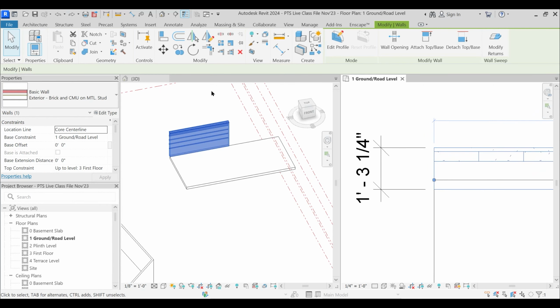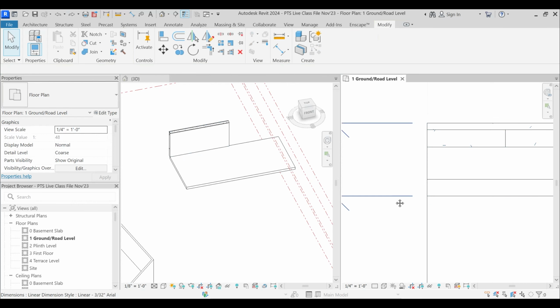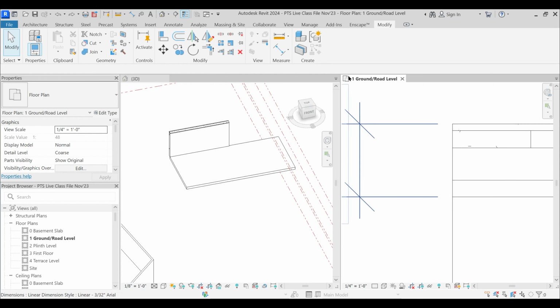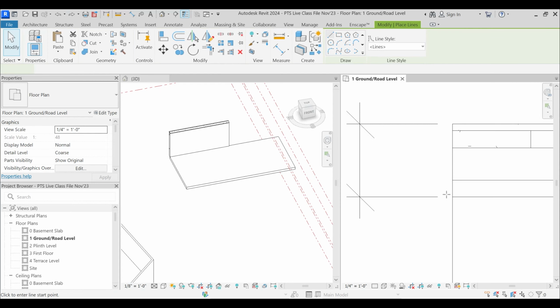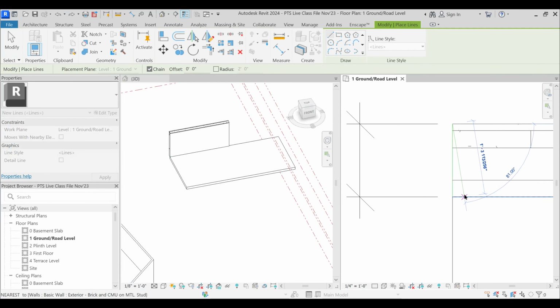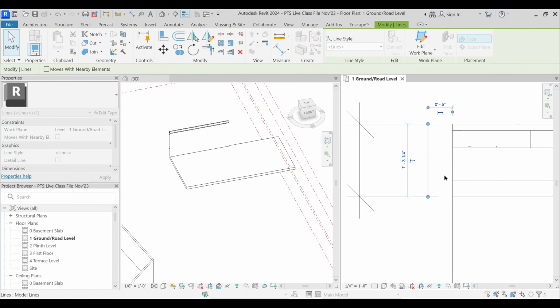And we have drawn that particular wall with the location line equal to core center line, but it is snapping to somewhere else and it is not snapping to the exact center of the wall. Because the exact center of the wall is, if I just click on the architecture tab, you have this model lines. If I just click this model line, select it and drag it a bit far away.